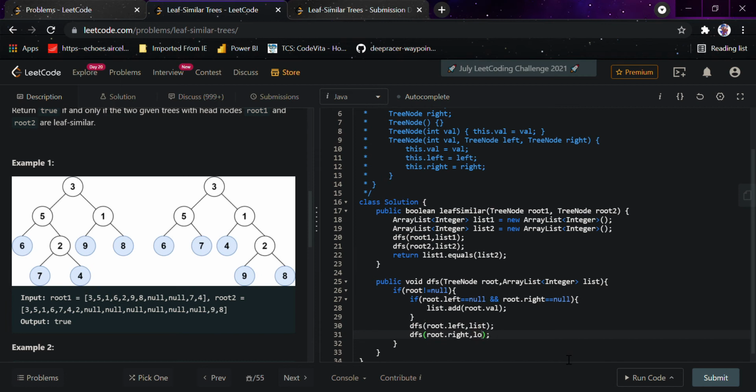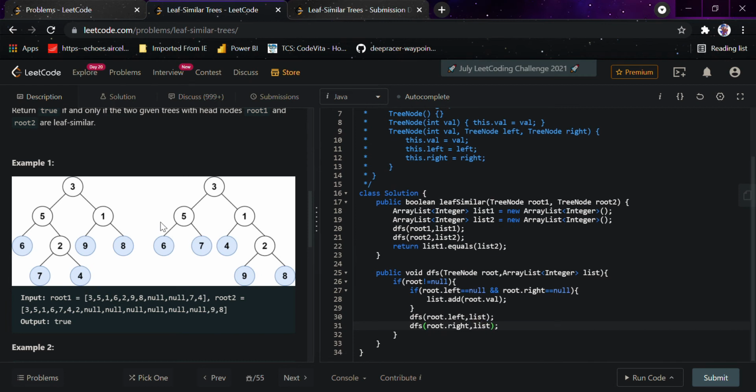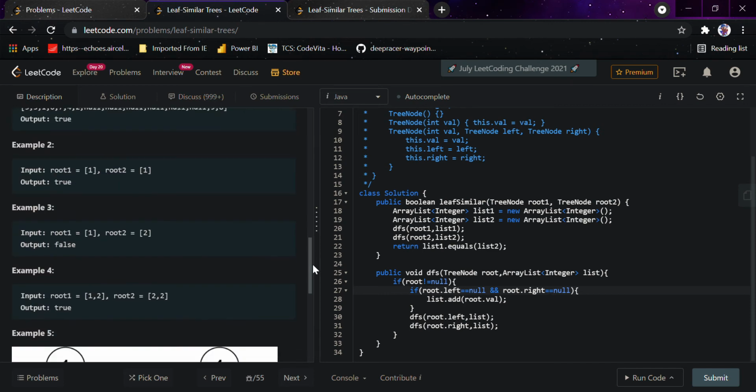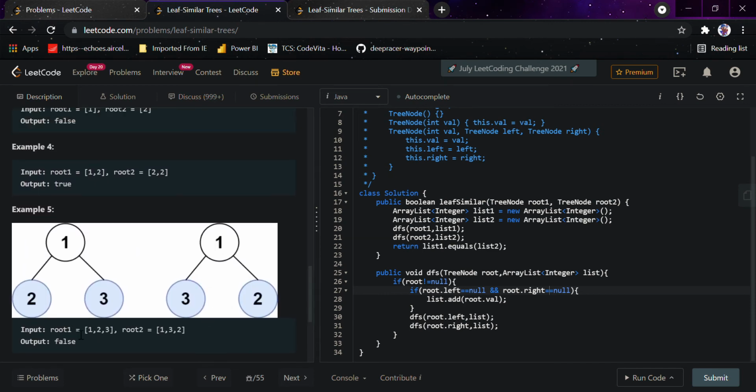And yeah, what you must have got an idea of is that we are going to a node, checking if it is the end node of the binary tree, because if root dot left is null and root dot right is null, that must be the end of that side of the tree. We would simply be adding that value, and we would be doing that in both of the roots, root1 and root2, and checking the values that we ended up at the end of the binary tree in the list. If both of them are the same, definitely the sequence of both the binary trees is the same. Else, as you can see here, this is 2 3, this is 3 2, we would be returning false with the help of this function created here.